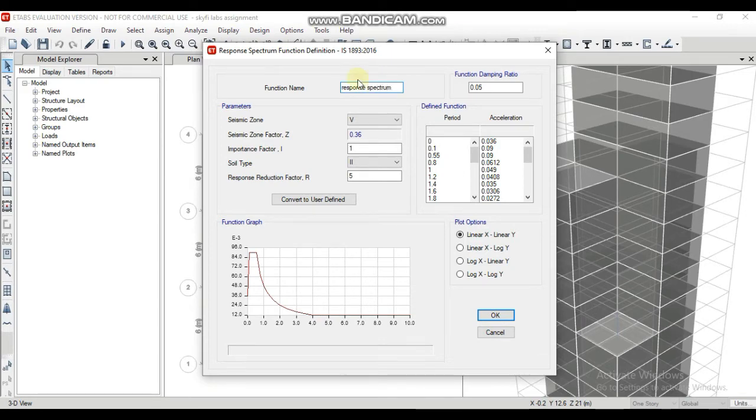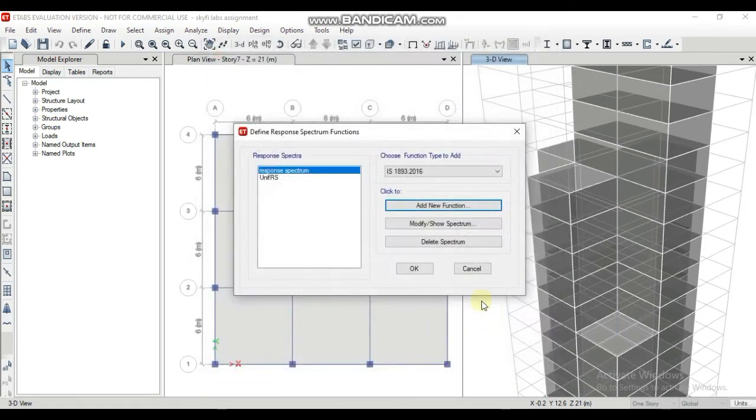Seismic zone as zone 2 and response reduction factor as 3, as it is a residential building. So click on OK. Again click on OK. As you can see, response spectrum is added.